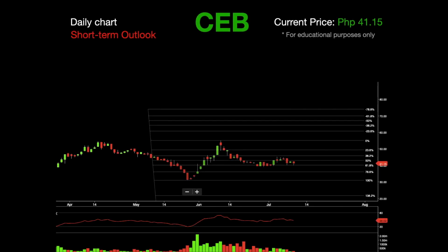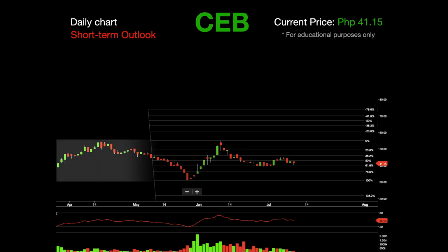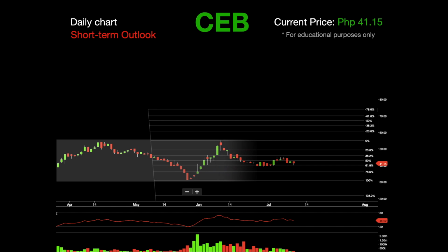The third stock in our list is Cebu Pacific. In this daily chart, we can see that Cebu Pacific is trading sideways in the short term. One of the most battered sectors during the pandemic is the airline and aviation industry. This is mainly due to subdued tourism and travel restrictions imposed by the government to limit the transmission of the disease from one person to another. However, the government recently made a decision to gradually reopen the economy and ease travel restrictions, thus resuming Cebu Pac's